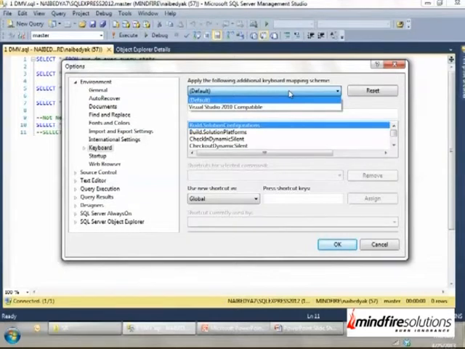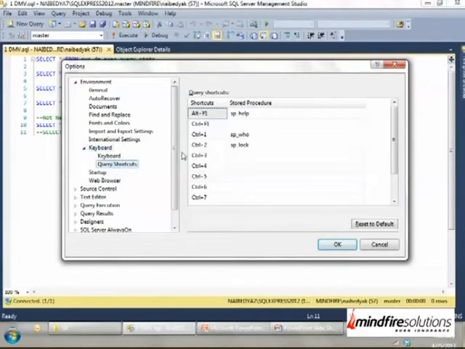There is another thing which is a query shortcut. So this is something that is important again. For example, you can type here, select top 1000 star from. I say OK, and I create a new window.